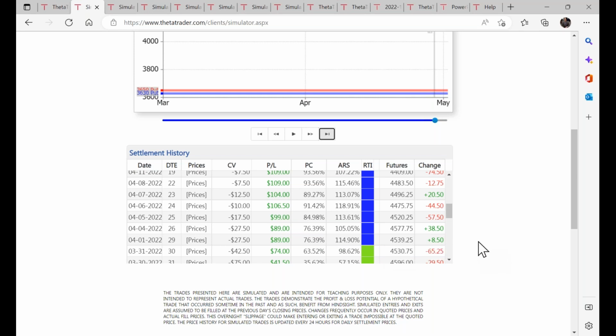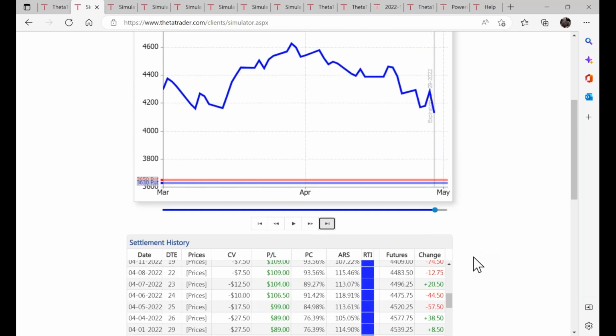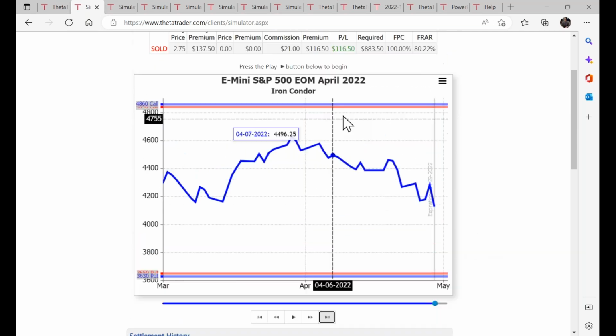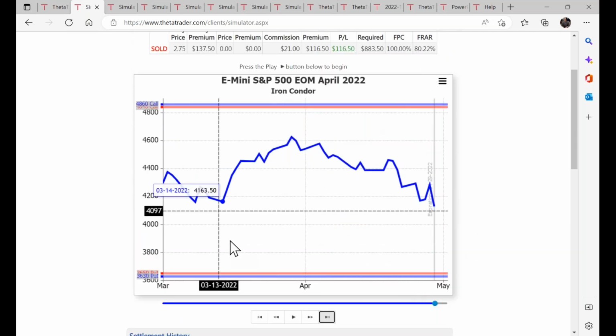One of the big tricks to this automated options trading is not screen watching and having to monitor when to close out that trade when you have enough profit potential and enough profit reached. So you can see here, this trade worked out well. Here's your upper boundary, your lower boundary, kind of a typical condor.